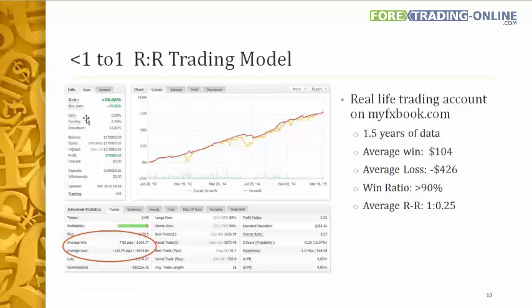Now, provided that he has more of a riskier model, right? Because if you have an average 1 to 1, your model is a lot less risky than something that is an average of 1 to 0.25. So in essence, in order to compensate for this added risk, you have to be right a lot more often. And hence the reason, if you look at his probability of trades, it's actually closer to